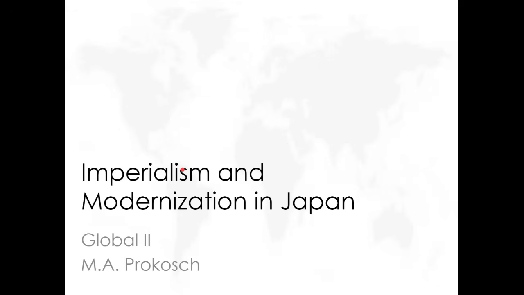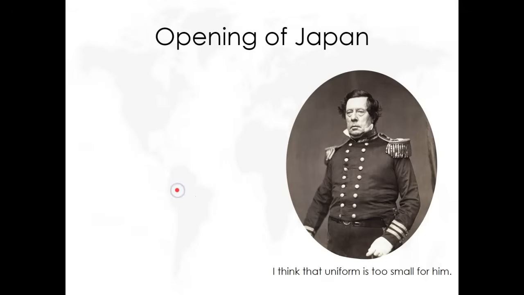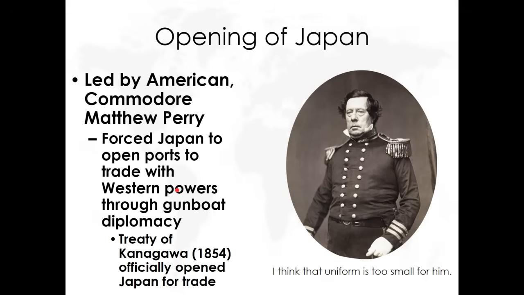All right, last section is the growth of Japan. First, it's going to be economically controlled by the West, but then it will be its own imperial power later on, and it will modernize as well. Here we go. So Japan is forcibly opened up to trade. Before 1854, Japan was isolated. It was led by the Tokugawa shogunate, where you had one family who controlled Japan. They had all the samurais, the Japanese feudal system, and now we have the United States forcing Japan to open itself up to trade first with the United States.